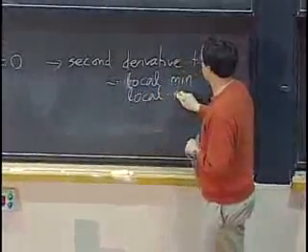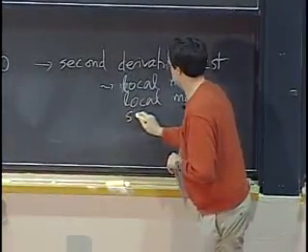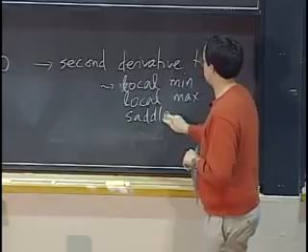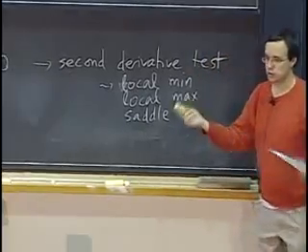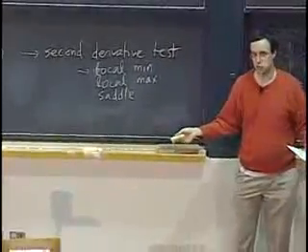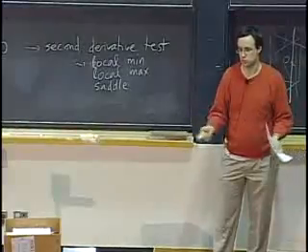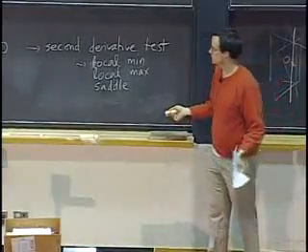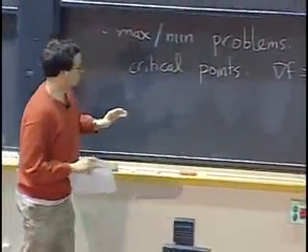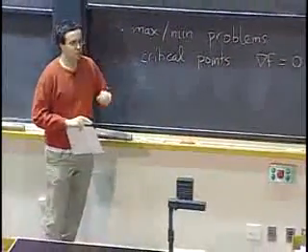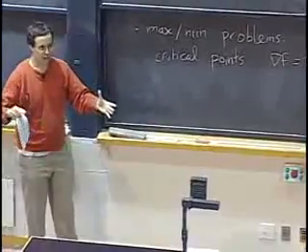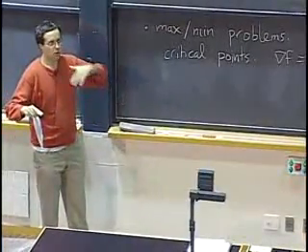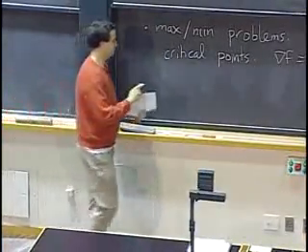Actually, we can't always quite decide because, remember, we look at the second partials and we compute this quantity AC minus B squared, and if it happens to be 0, then actually we can't conclude. But most of the time we can conclude. However, that's not all we need to look for an absolute global maximum or minimum. For that, we also need to check the boundary points or look at the behavior of the function at infinity.